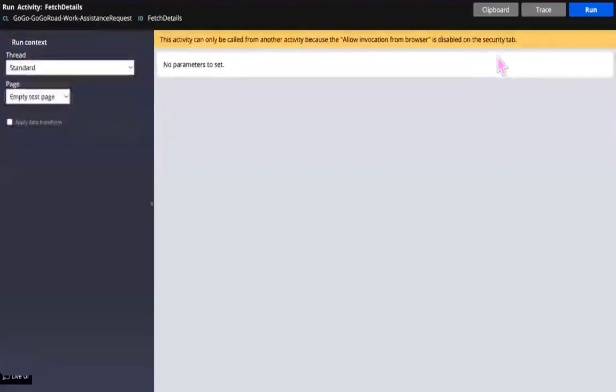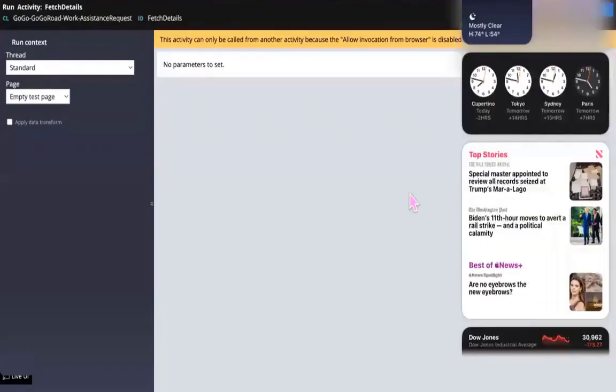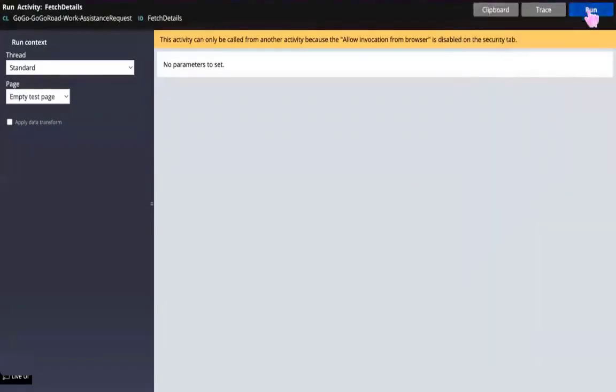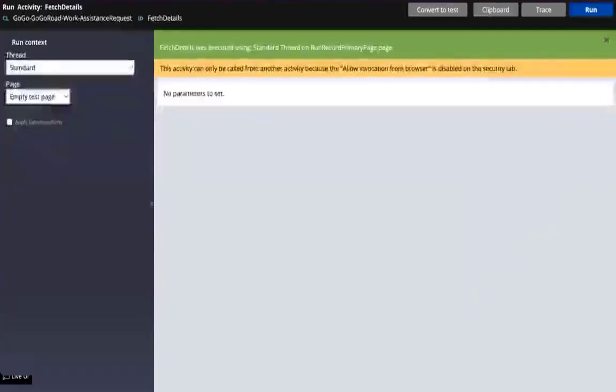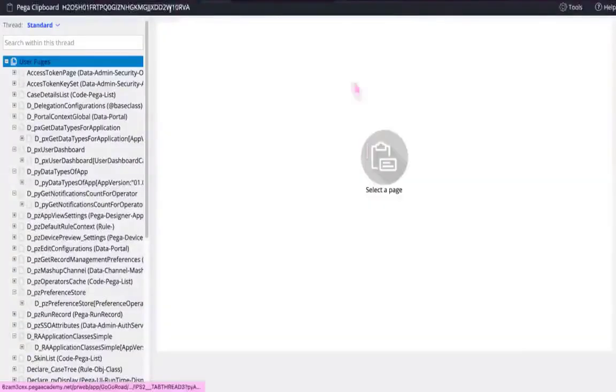Click on Run again. Here you click on Run. Success rate, close the window. Click on Clipboard, we have Clipboard on the top right. Let's see whether case details list was formed in the clipboard.